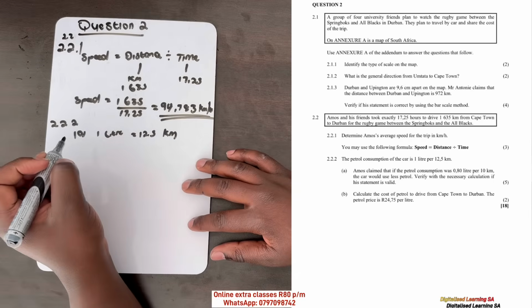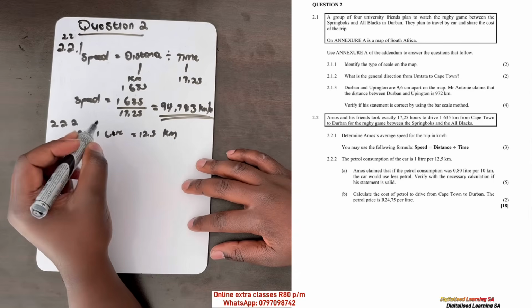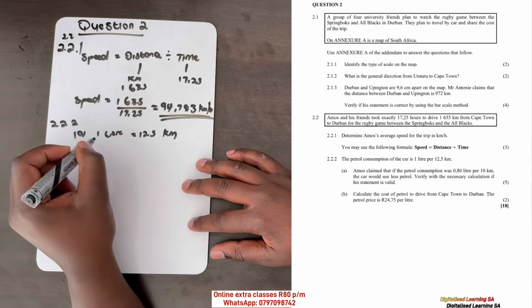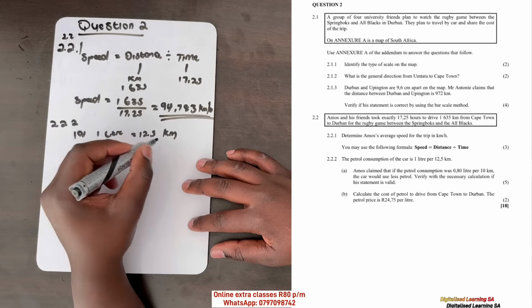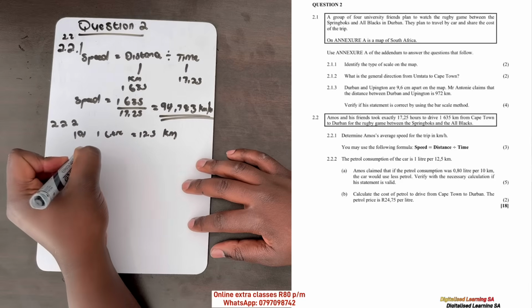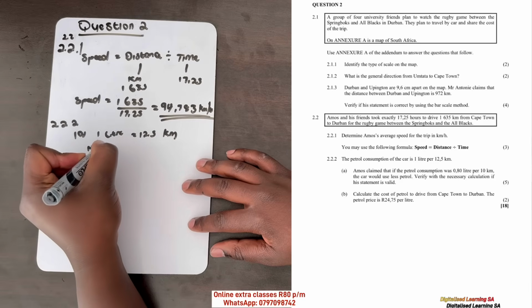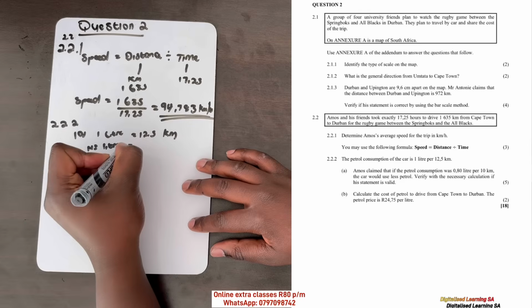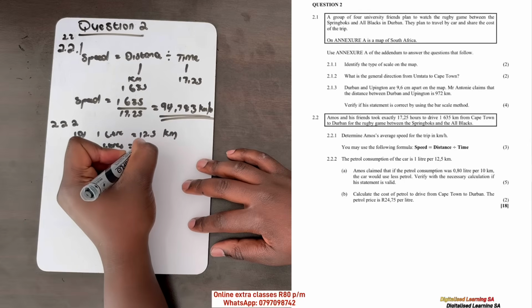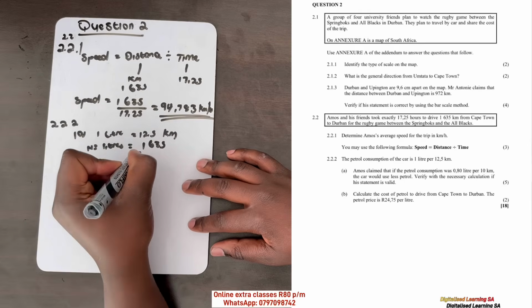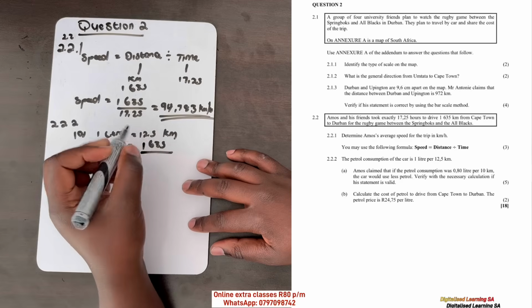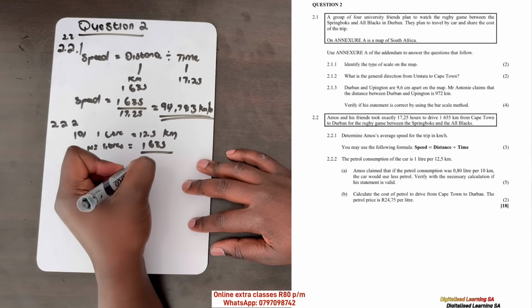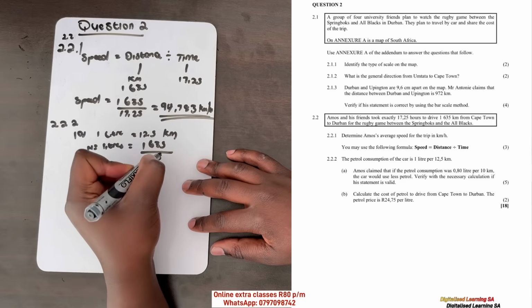So how do we do that? How do we check the number of liters if 1 liter only travels 12.5 kilometers? To get the number of liters, remember the total distance was 1635. So we take 1635 kilometers and divide by 12.5